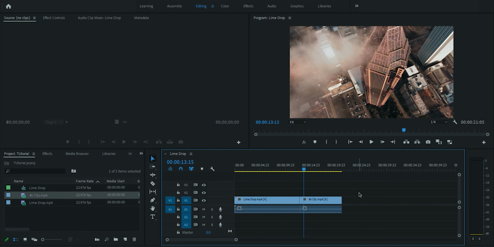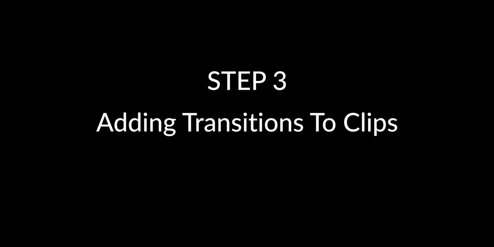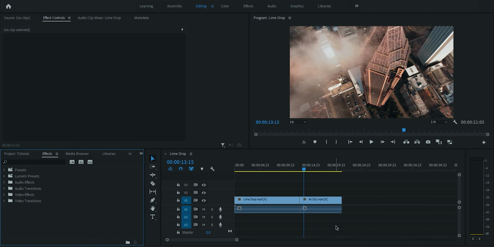Let us move on with step 3, which is giving transition to the clips. Adding transition to your videos makes your video much more professional and also makes the viewers very curious. In order to add transition between clips in Premiere Pro,